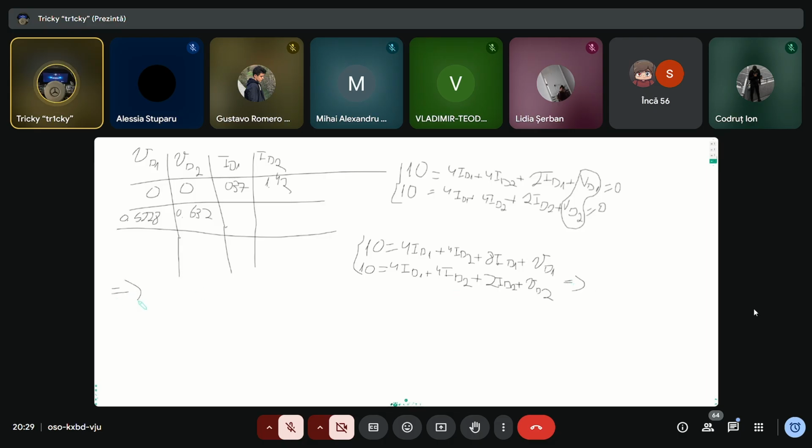Nice. So 10 is equal to 12 ID1 plus 4 ID2 plus VD1 0.5228, and 10 is equal to 4 ID1 plus 6 ID2 plus 0.632, and this is equal to